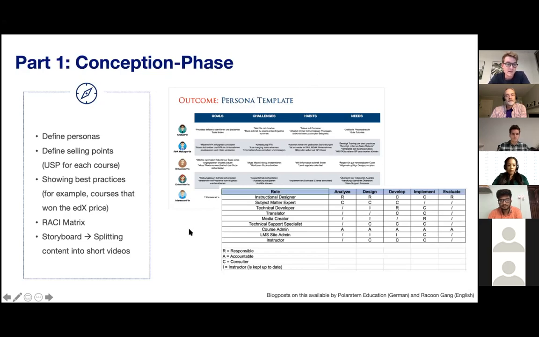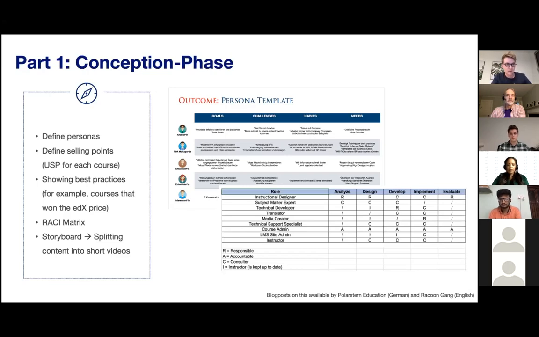In many cases, the people that we're working with haven't finished or worked in a MOOC before. And we want to give them an understanding of the best practices, what formats really work, and what formats are entertaining as well. And one thing we like to do is go back and look at the winners of the edX prize over the last few years. Then we refer them to courses that might be close to their topic, send them a link, and they can go and have a look on their own. And then they normally come back to us and have a feeling for what they want to build.